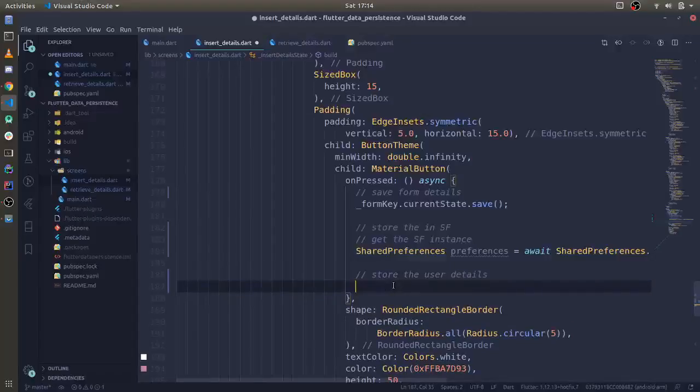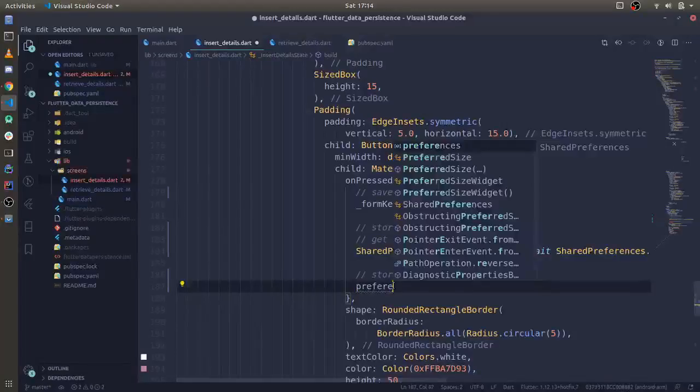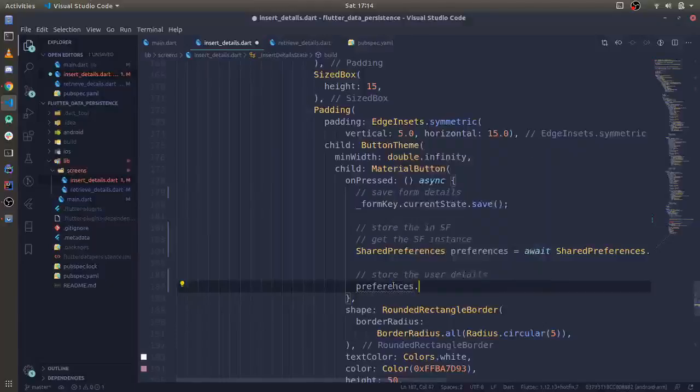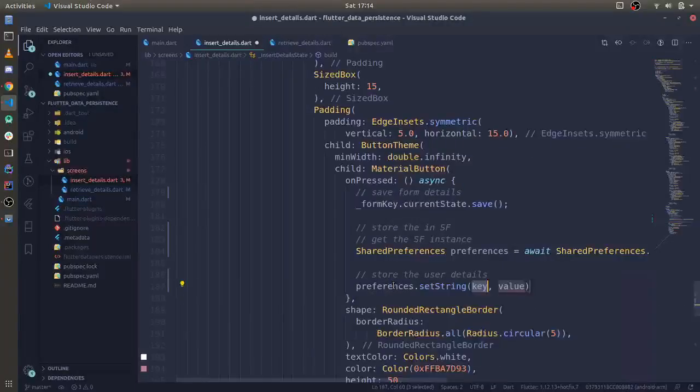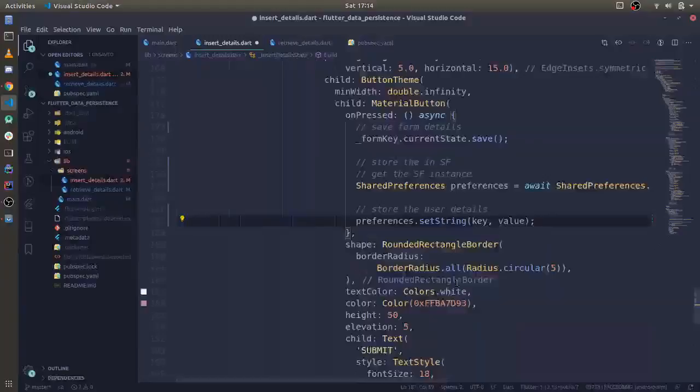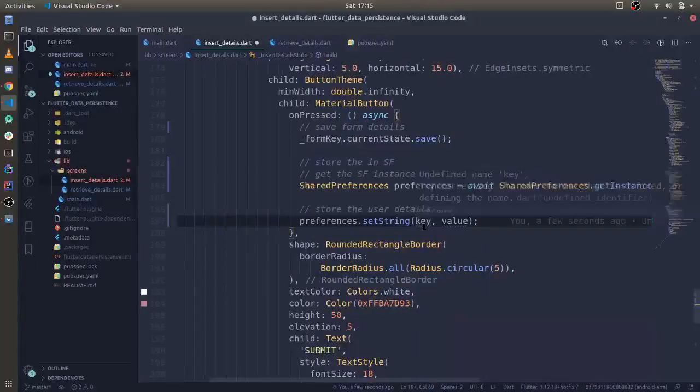So how you store is we are going to access the value that we just created, and we are going to set string. This is the syntax, as you can see here. So to store a string using shared preferences, you have to pass it the key and the value. So it's more like creating a map. The key here will be the unique identifier that will be used to access the value, and the value is